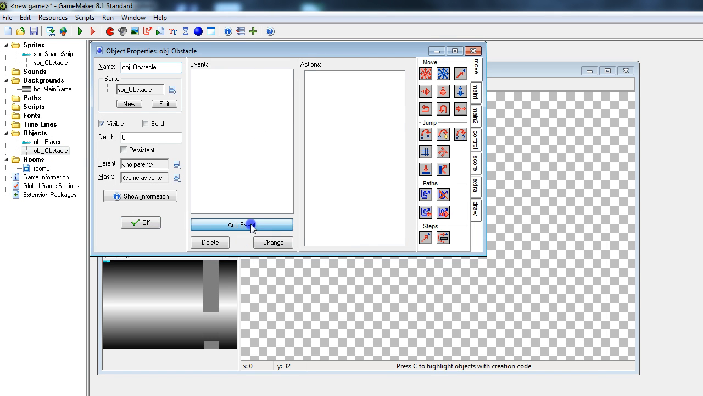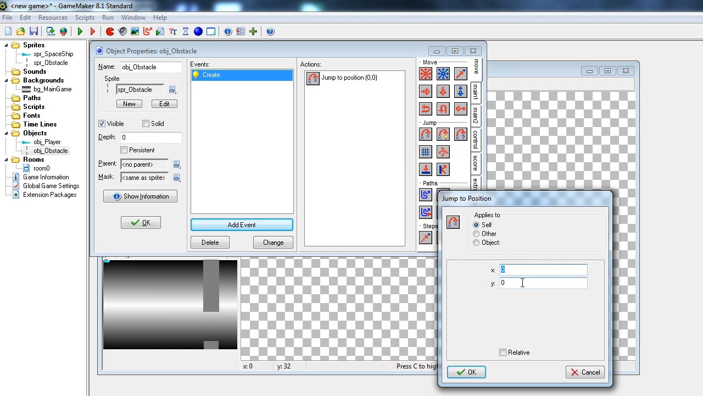And the first thing that's going to happen is we're going to have a create event for the obstacle, and we're going to make this jump off the screen. So the X is going to be 320. That's off the screen, or it should be at least. And the Y value is going to be a random. And what we need to do is basically make it randomly between the room random range,